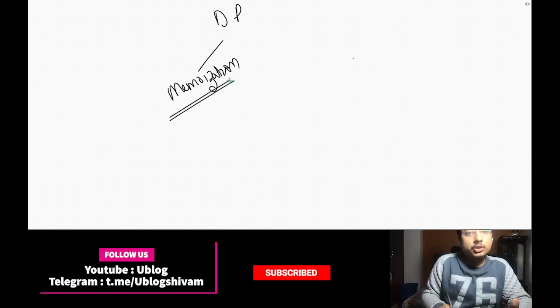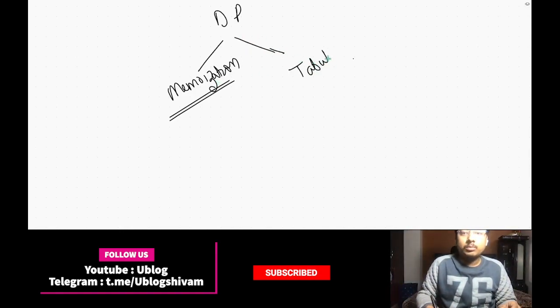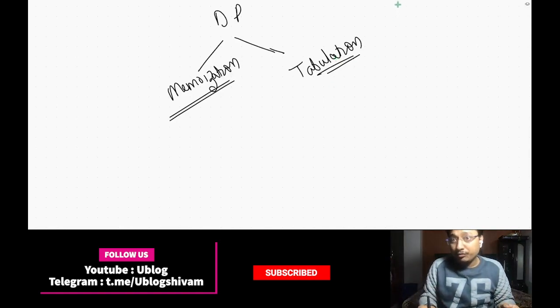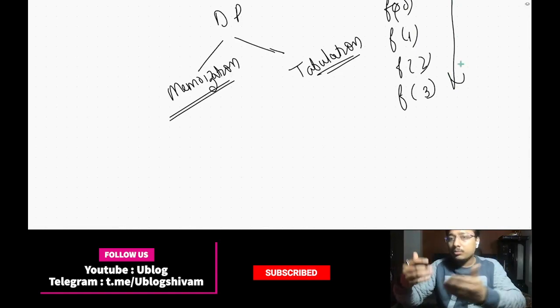We were initially storing the function calls and then using that to calculate the further calls. Next is tabulation. In the second solution, we were starting from the zeroth element and then finding onward. So we were doing the tabulation form: f0, then f1, then f2, then f3. So we are going from bottom to up.